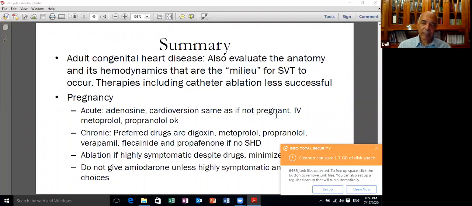But one of the things we tell these patients is that yes, you are tachycardic. Yes, this is not normal. But it is a safe condition. It might be a bit irritating, but it is safe. The drugs will help you, but might not help the anxiety associated with it.